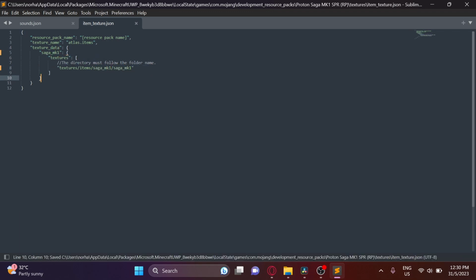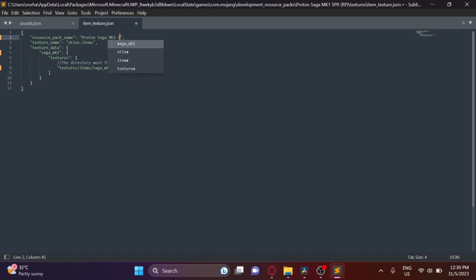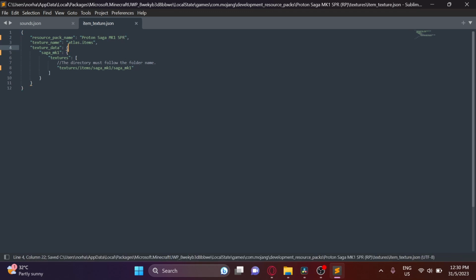The vehicle_name_spawn_egg is the name of the spawn egg that we will be using later on in the entity's main resource pack JSON. Make sure to also fill in the name of the resource pack under resource pack name. The directory that has been typed with the naming convention should be the actual directory that leads to the item